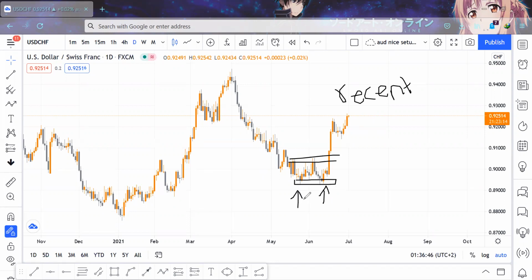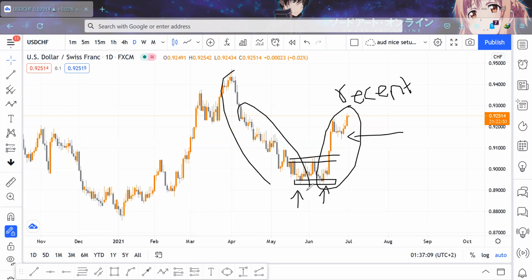Now, every time I get a reversal pattern in the market, I like to classify whatever is happening after that reversal pattern as my recent structure. So this here is our recent structure, right? We will be focusing on the structure, and this area here up until here, sorry, this will be our past